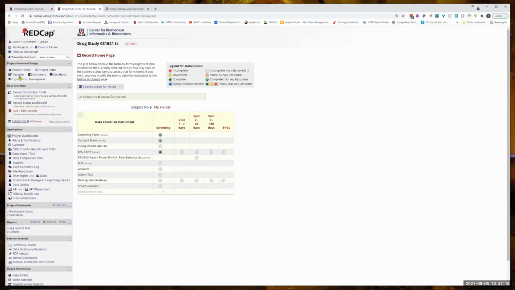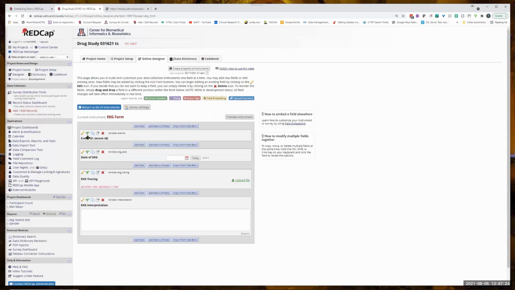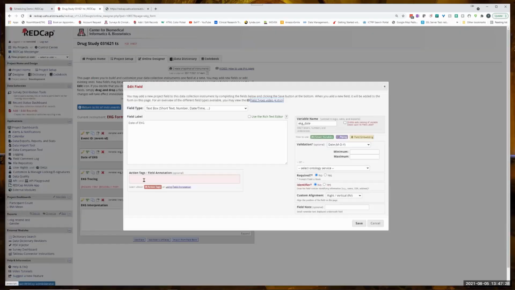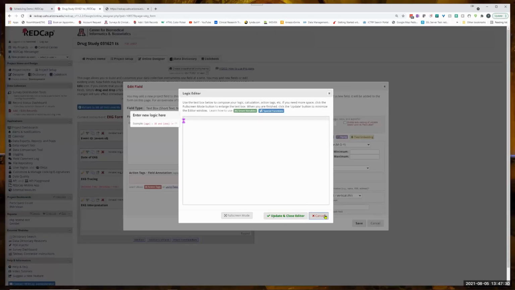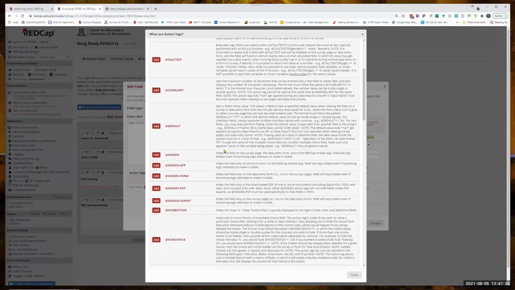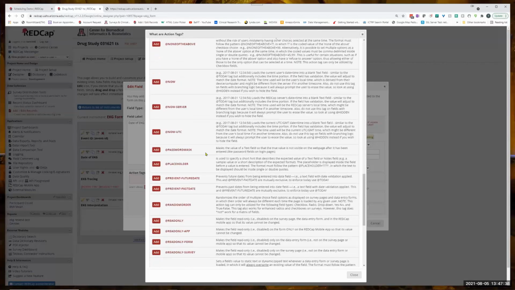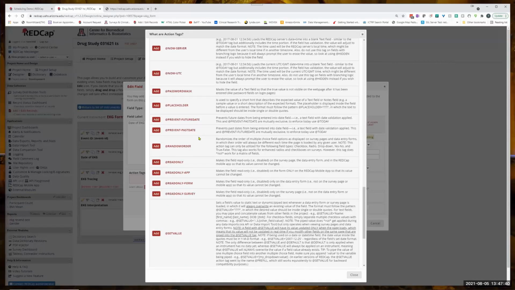However, if I go to my designer and go back to my EKG form, and then for the date of the EKG, I enter the action, I go and look, I'm sorry, not action tag. Yeah, the action tags. And I go look and I will find that there are these new ones, prevent future date and prevent past date. So I'm going to add prevent the past date